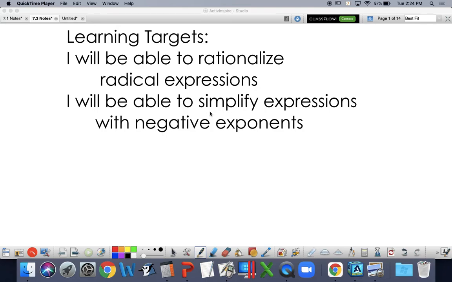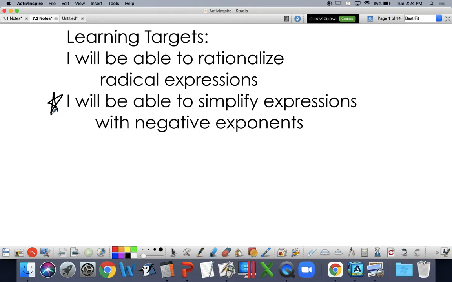Okay, so 7.3 has two different learning targets. We are going to tackle these in a different order than what is listed up here. It's the same as what I did when I printed your note packet: I flipped around the front and the back. So we're going to first work with negative exponents because, after those challenge problems, we may want to boost up our confidence a little bit. I know we all know how to work with negative exponents, so we're just going to formalize it in our